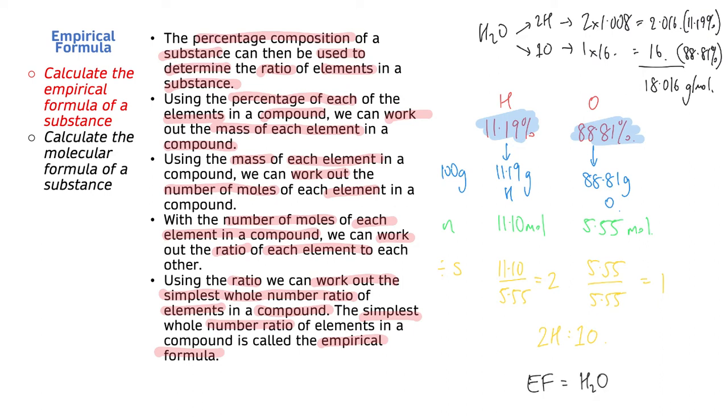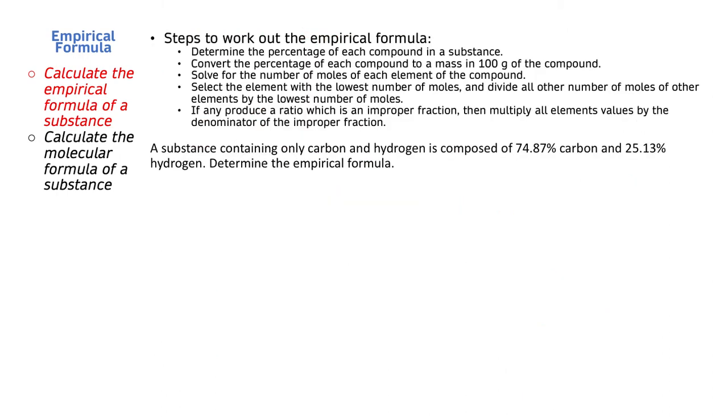Because we got two H's and one O. Okay, so that's how we went from a percentage back to a ratio of elements. So let's go have a look at something else. All right, so